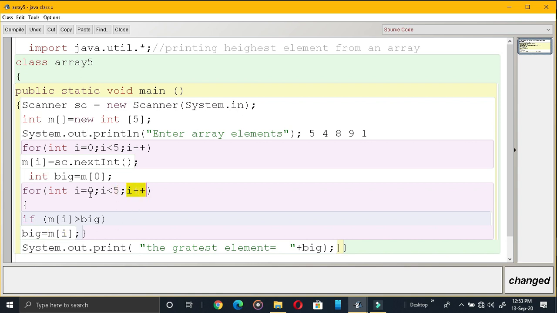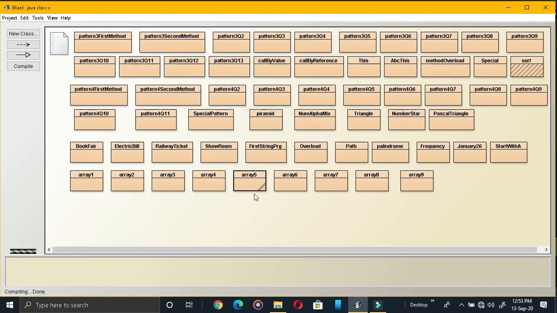Again I plus plus. When you check the condition, the loop terminates. So coming out of this loop, system.out.print, the greatest element is equal to big. What is present in big now? 9. So 9 will be printed. Let us see the original output once again. I am compiling it, then running the program.